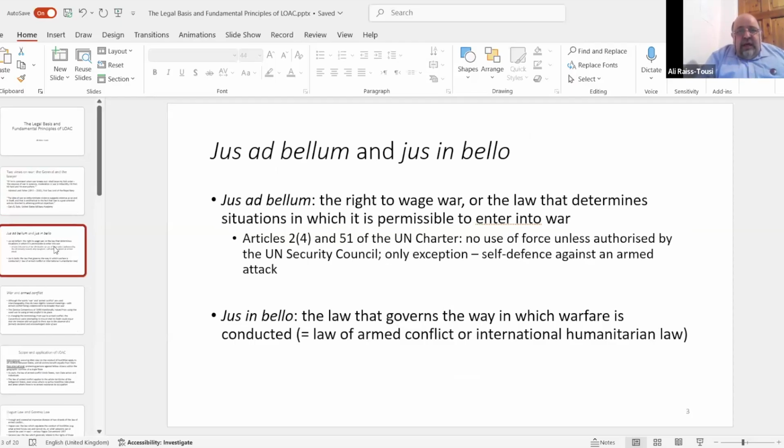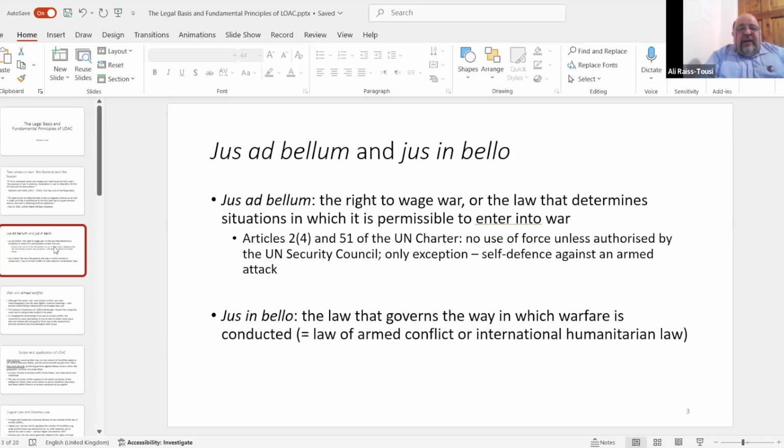For the non-lawyers in the audience, very quickly, when we discuss the laws of war, as Gail said earlier, there are the two strands. The jus ad bellum, which is the right to wage war. Under which circumstances can a state resort to force? The answer in international law today, post-Second World War, is very clear. The answer, as the Charter of the United Nations tells us, is there can be no use of force at all whatsoever unless